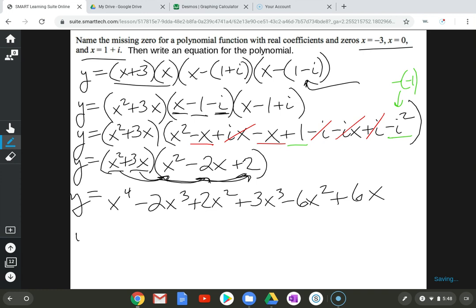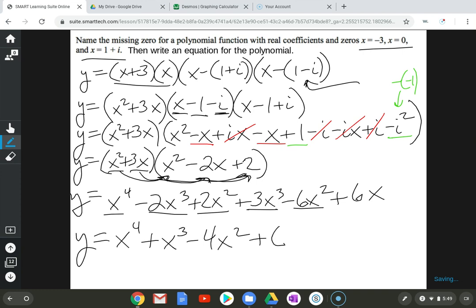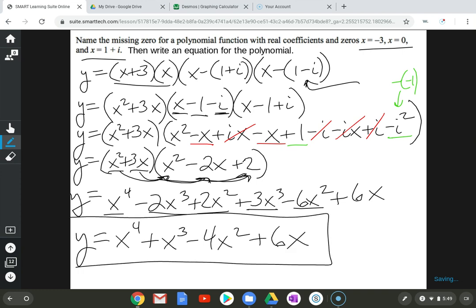And putting everything together, x to the 4th plus x cubed, and it's sometimes helpful to underline as you go, plus 2x squared minus 6x squared is minus 4x squared, and then plus 6x. And there's our